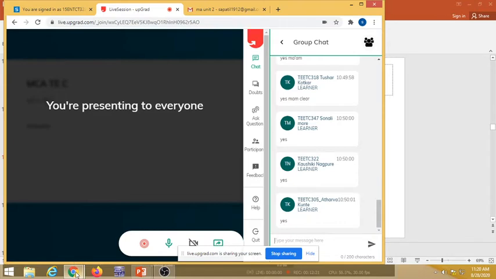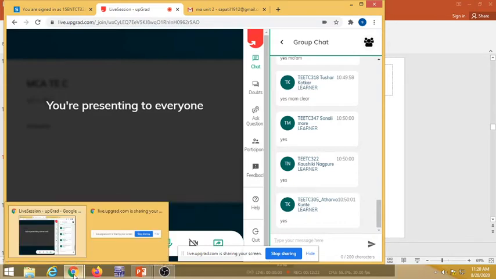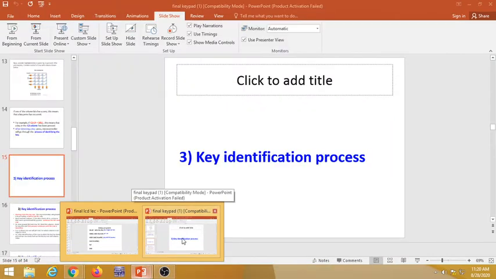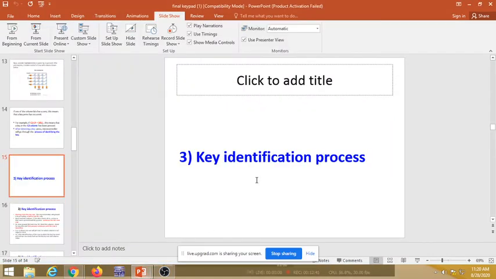Then we will go for the third task, because only when all tasks are clear can you write the code, and that's why I'm taking a pause and every time asking whether this part is clear or not. Okay, the detection part is clear to you. Now I will explain the next part, that is the key identification process.